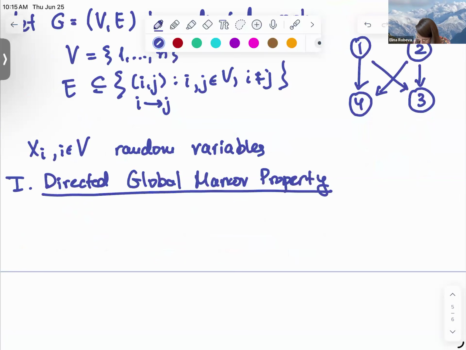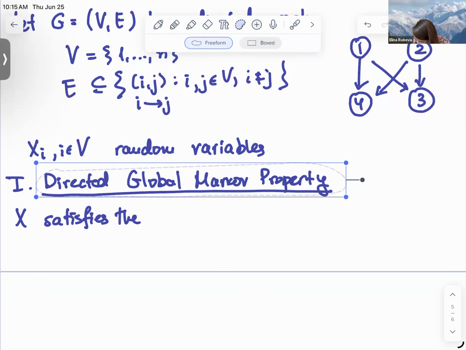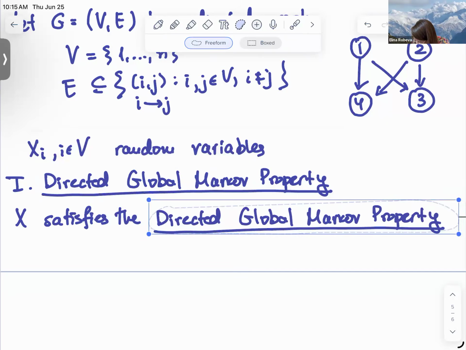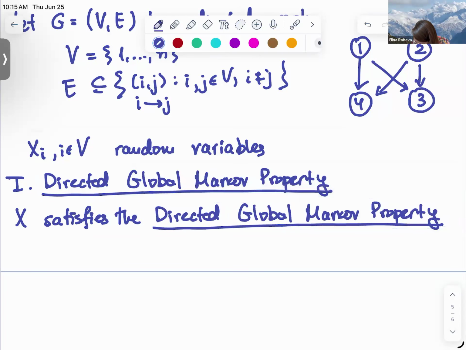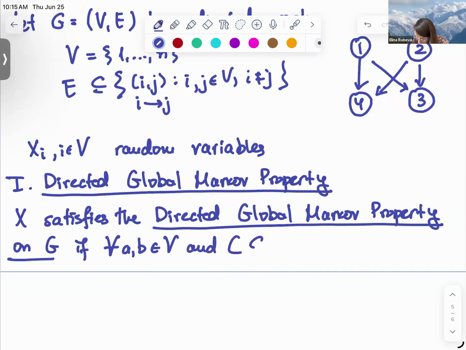So X satisfies the directed global Markov property on the graph G if for all A and B vertices and C a subset of vertices,